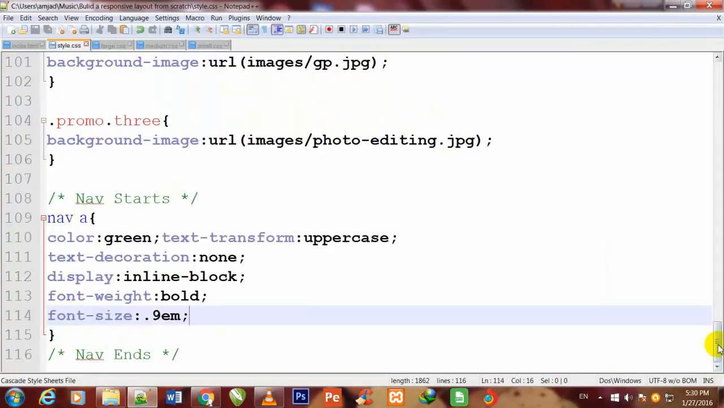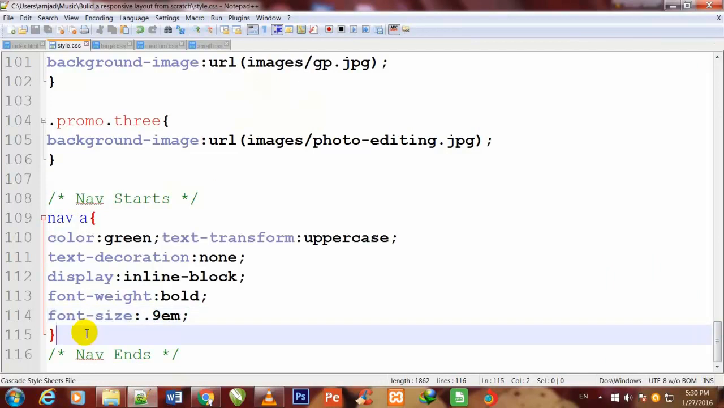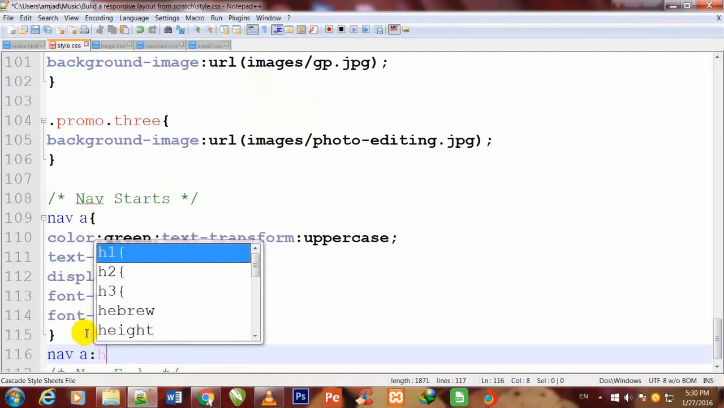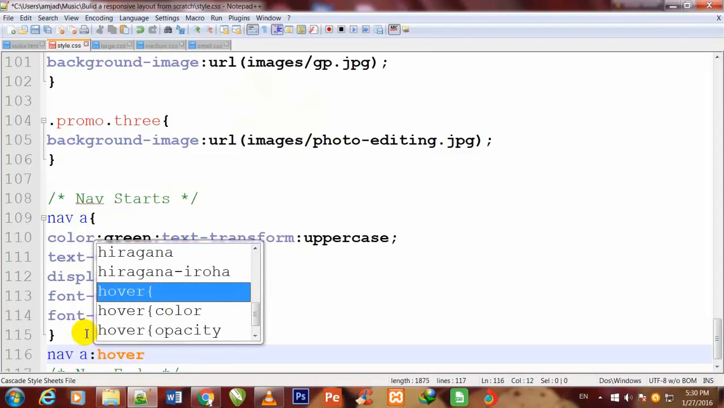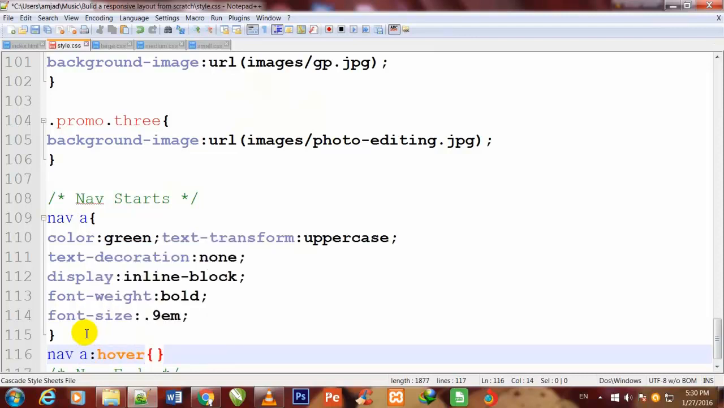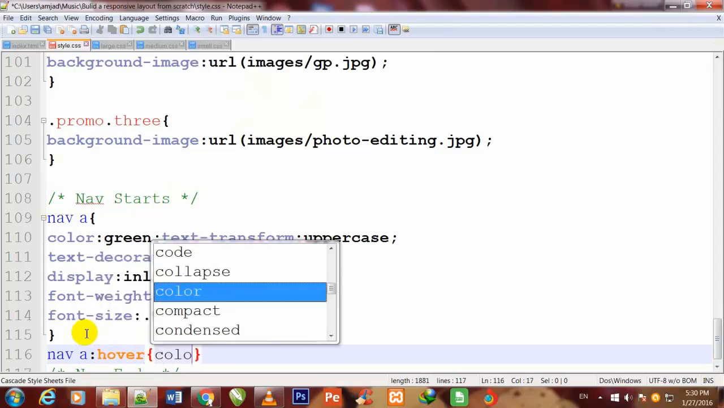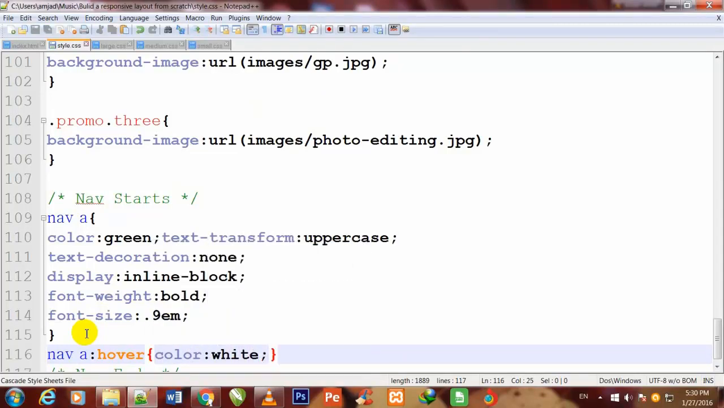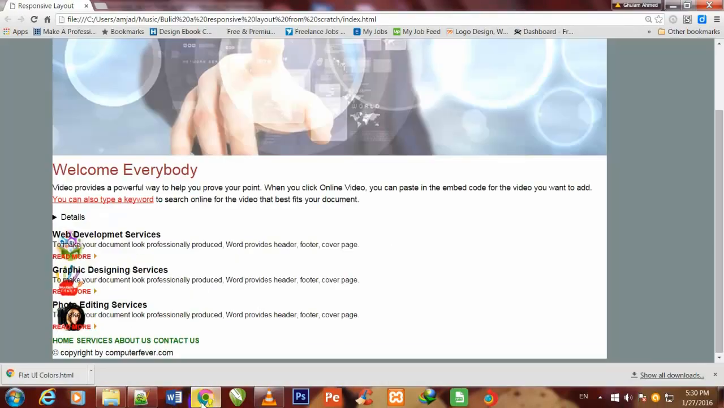So now I will stylize the navigation anchor hover. So I write nav a:hover and I make two curly brackets. So I give some color to it, color white. Control S to save. Now I go here and refresh this page. Now when